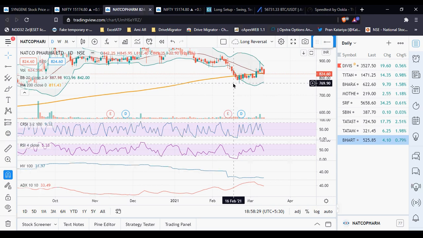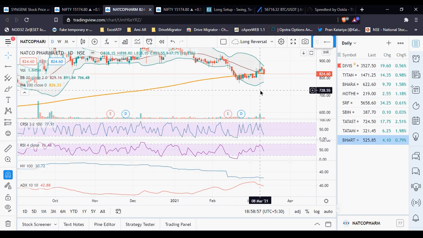My only plus point that saved me was my stop loss did not get hit. The price was moving down, was moving up, and all of a sudden my first target was met on the 4th of March. But actually, as per the new system that I have told you about, the historical volatility and ADX, this is not a valid setup. But luckily both my targets were hit. It crossed the middle Bollinger Band on the 4th of March, and on the 8th of March I got my second target.